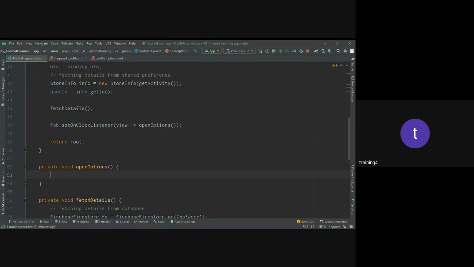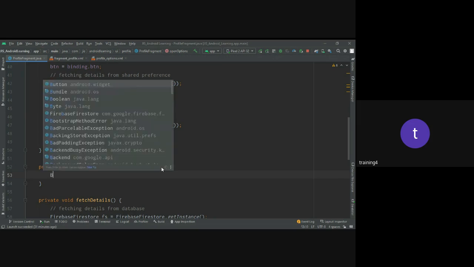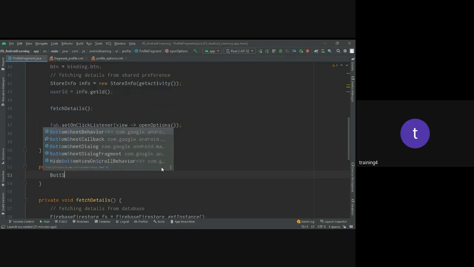The options that open up at the bottom are known as a bottom sheet. In general terms, we call it a modal sheet or bottom modal. So here I'm trying to apply that functionality. That's why I'm applying bottom sheet dialog